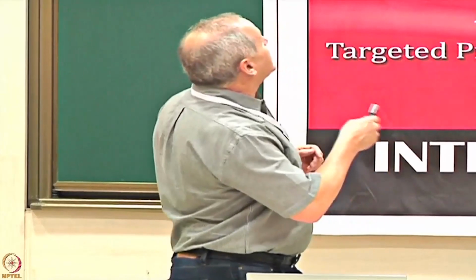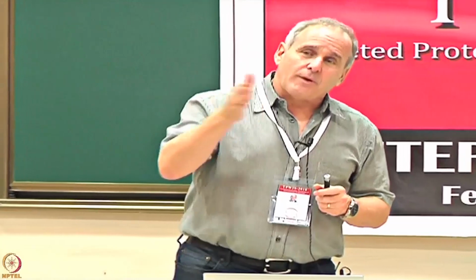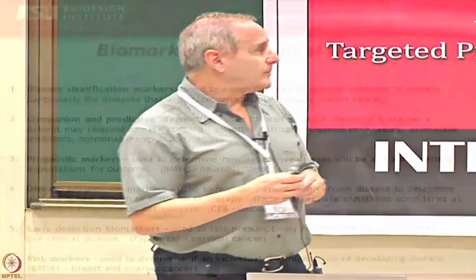So a companion marker is a blood test that you give together with the plan of giving a drug to determine if that patient will respond to that drug. So it's specifically designed. And these days, at least in the US, if you're going to develop a new therapeutic for any type of cancer that targets a pathway, the FDA usually requires that you have a companion diagnostic. You have to have a test that will specifically tell that patient that they're likely to respond.